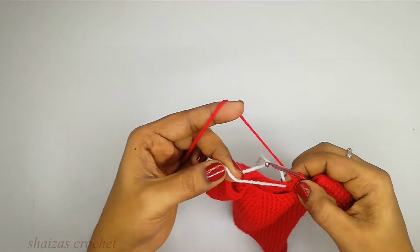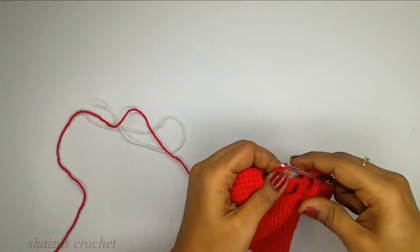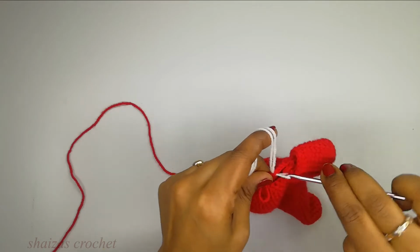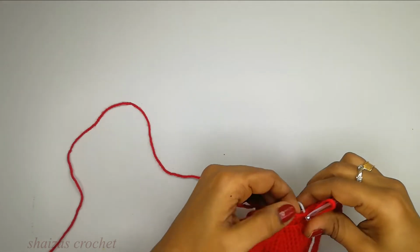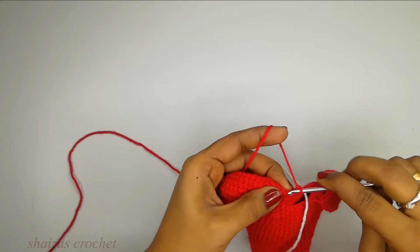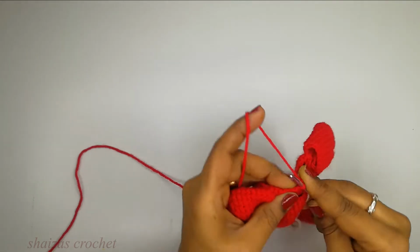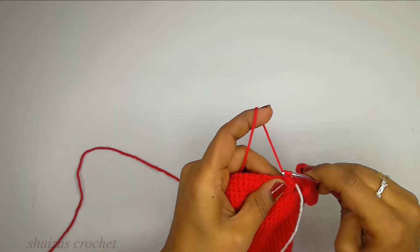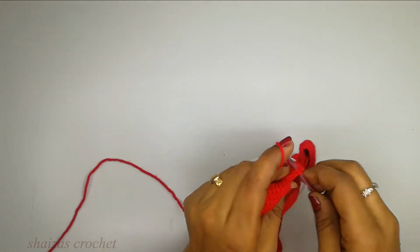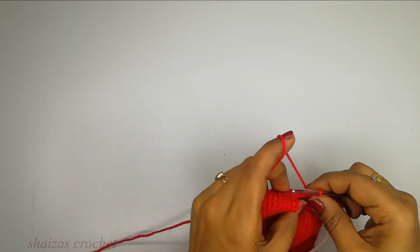For the next round, let's do 3 singles, 1, 2, 3, into the fourth stitch, decrease. One, 2, 3, into the fourth decrease,